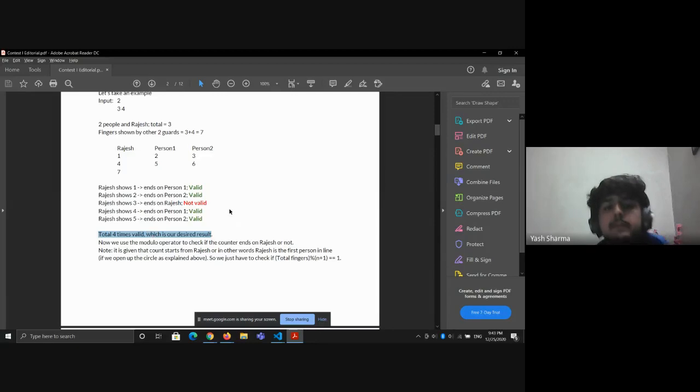One major thing that comes up here is how do you check where the count ends? Again, we take a look at the modulo operator. Let's suppose I'll just